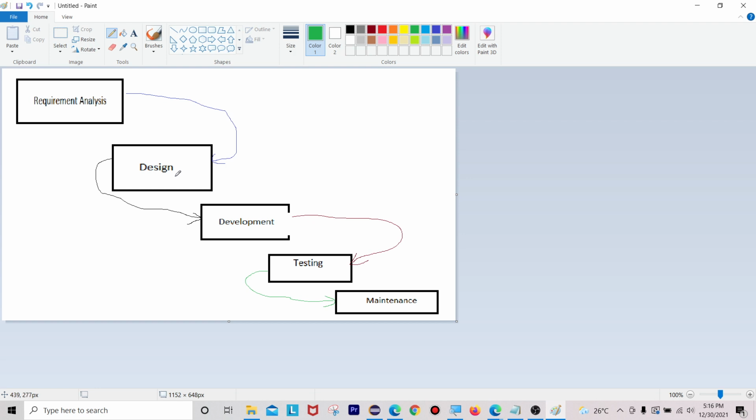Here, if the requirements are very clear, there will be no chance of making any mistakes from the company side. If the requirements are not clear, the customer has to go to that particular company again to change the requirements as per the current needs. So during this design phase, they have some requirements like high level design and low level design as well.